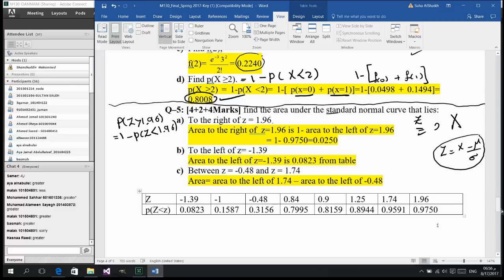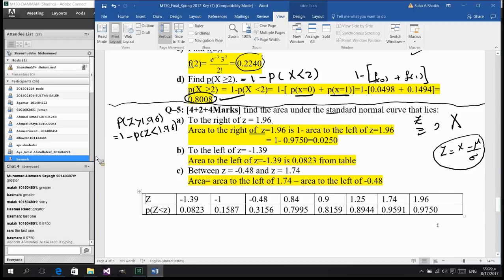Where is 1.96? Can you see? Where is 1.96? شايفين الريزلت؟ It is the last one, 0.9750. So we can just write it as 1 minus 0.9750 and get the result here. Easy, صح؟